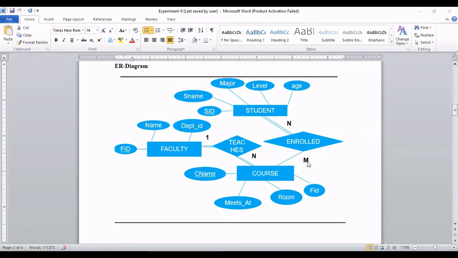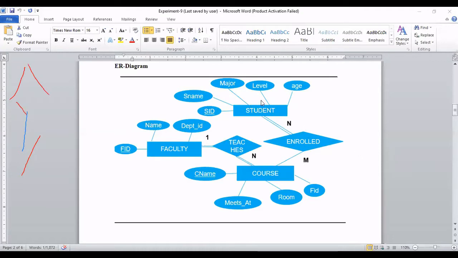Now see here, enrolled is a many to many relationship. By default, if the relationship is many to many, then we need a separate table. So to maintain this relationship we need a student table, a course table, and an enrollment table. Please remember the attribute names. Course keeps the details of the course, student keeps the details of the student. Then what about enrolled? Enrolled will keep the relationship. It means one attribute from course, that is CNAME, and one attribute from student, that is SID. Enrolled will store a composite primary key, so at a time SID and CNAME will be the primary key. So a separate table.